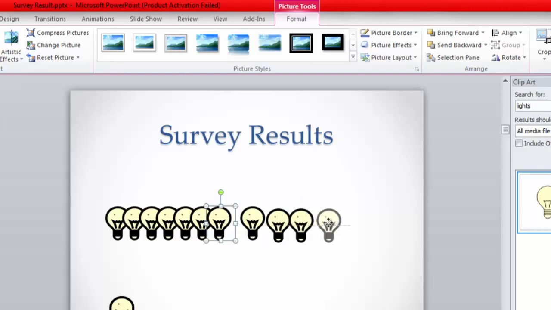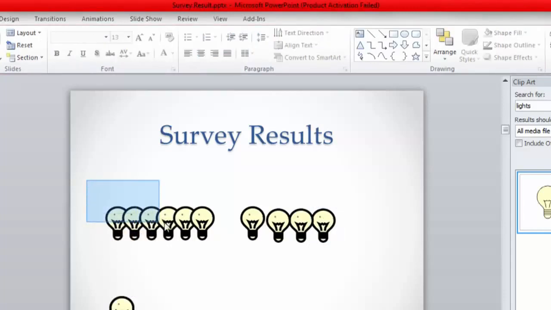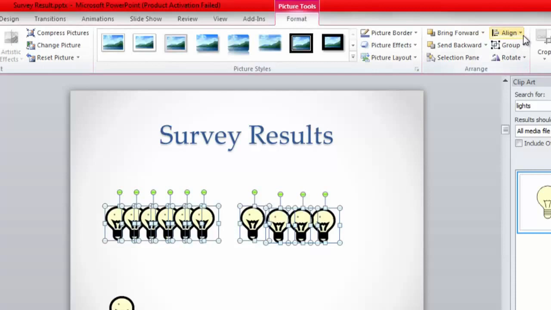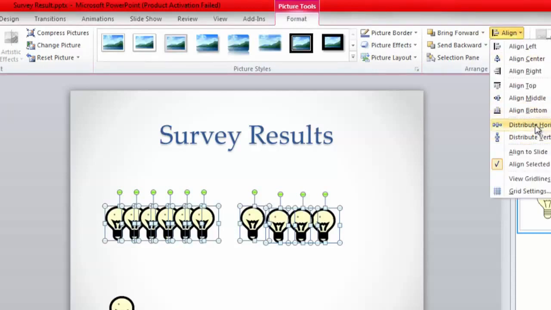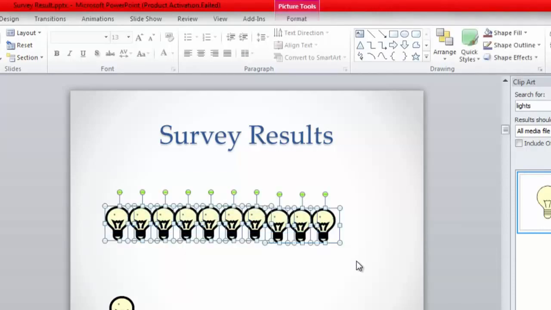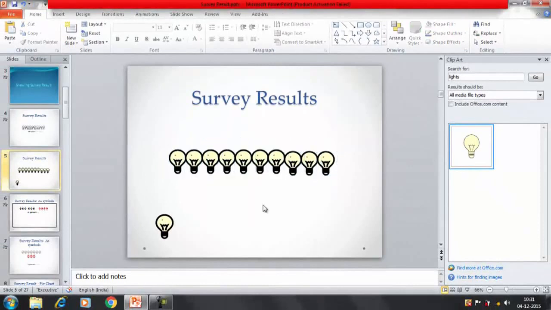You can do it manually, or the other alternative is that you select all the images, click on the picture tools format, and under the align option, choose distribute horizontally. Alright, so the picture is perfect now. I'll move all of them together. Fine. So we have got the 10 objects now.